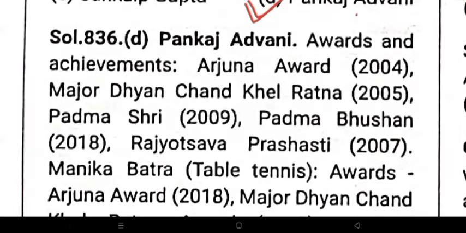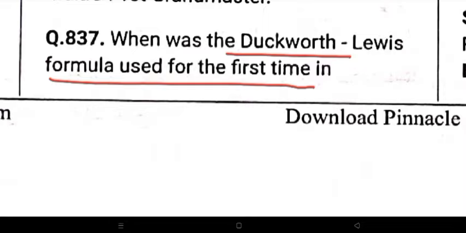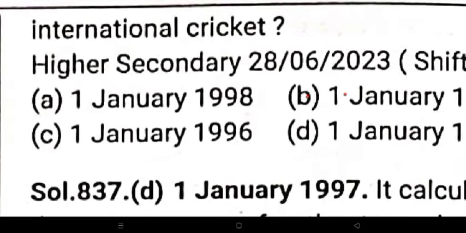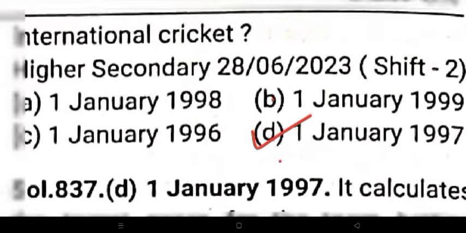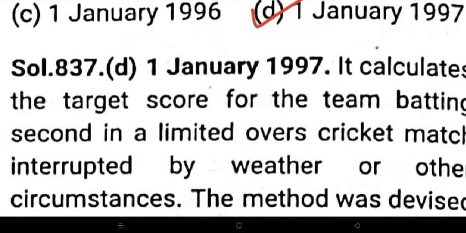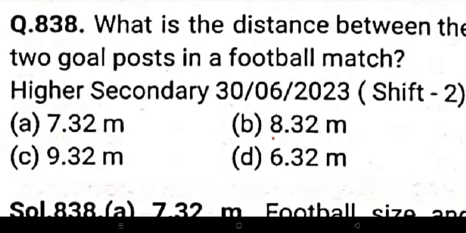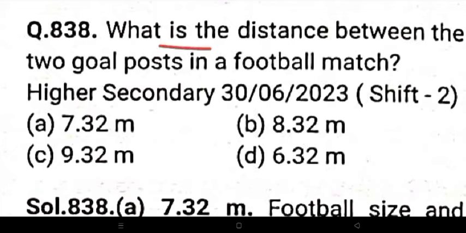Next, when was the Duckworth-Lewis formula used for the first time in international cricket? It was 1 January 1997. Next, what is the distance between two goal posts